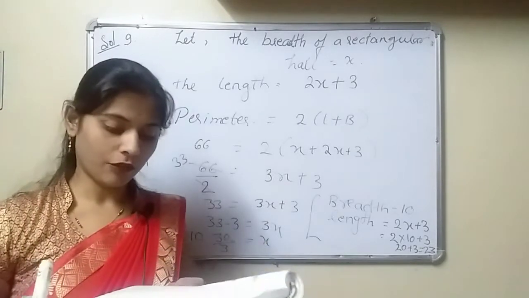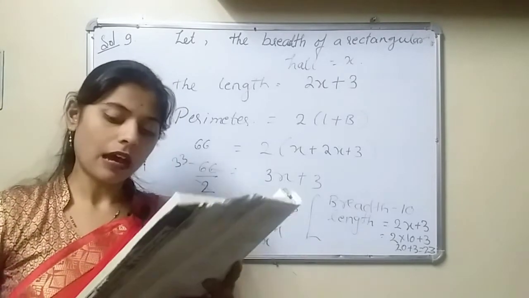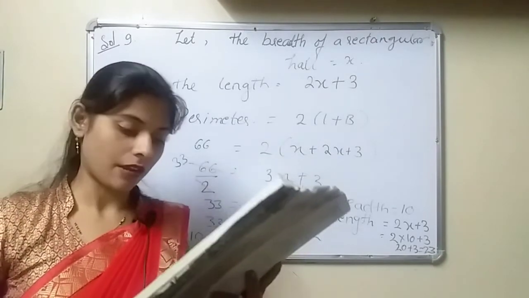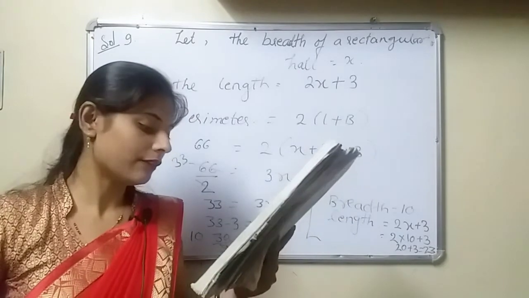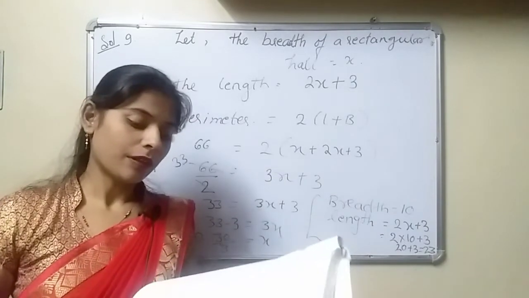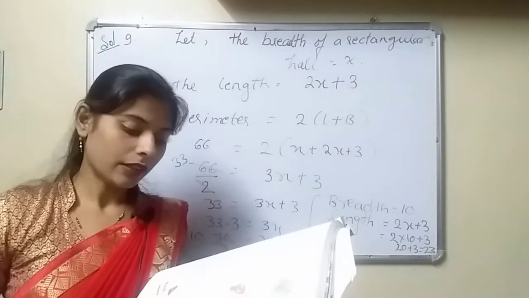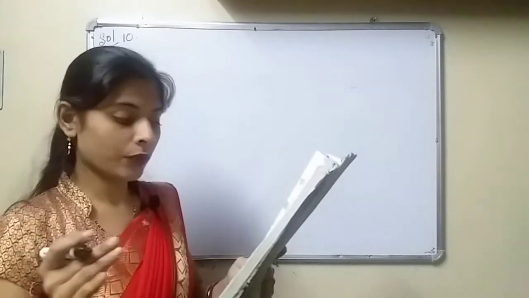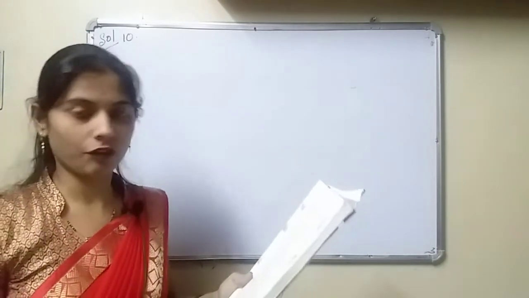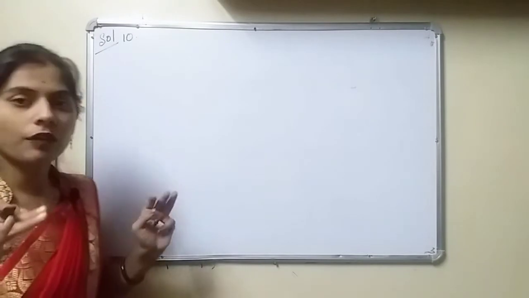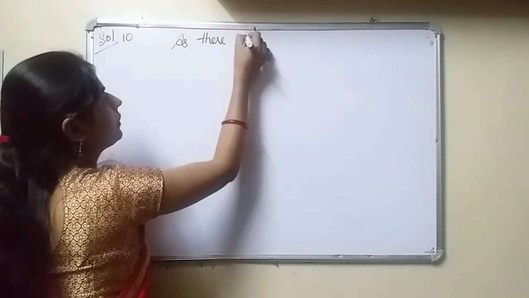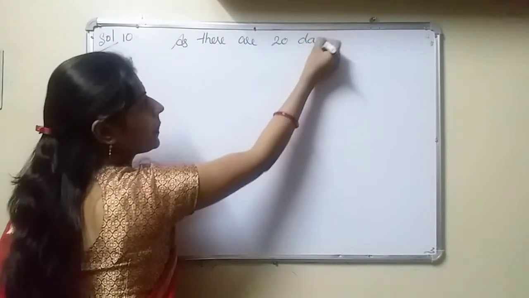Varun takes a certain number of rotis during lunch but always wastes half of a roti. Rosa takes half the number of rotis as Varun and always finishes her share. After 20 days, if the number of rotis consumed during lunch by them together is 120, then find the number of rotis per meal that Varun and Rosa take. Now see, how many days are they asking? They are asking for 20 days. There are 20 days. Okay.